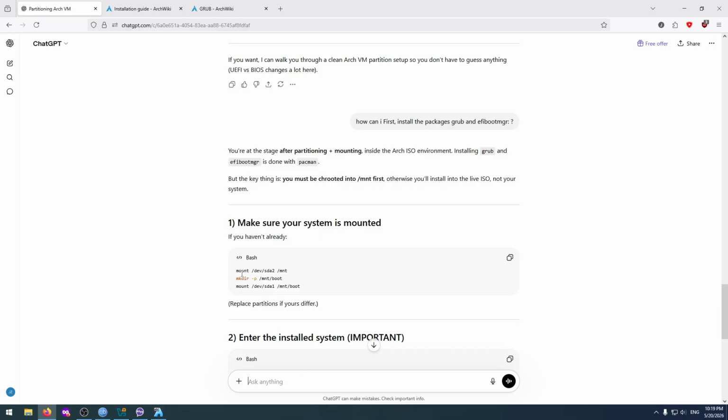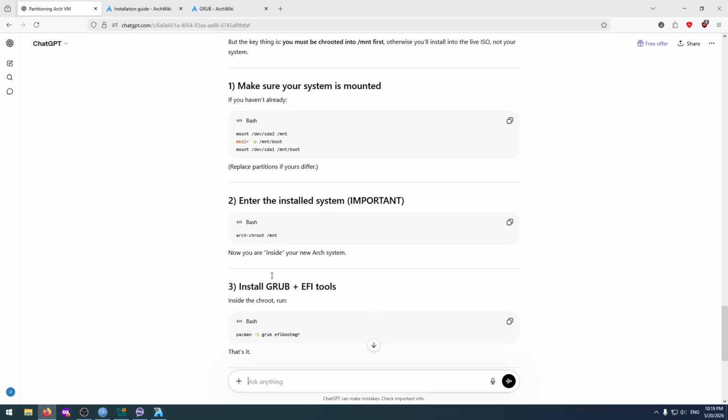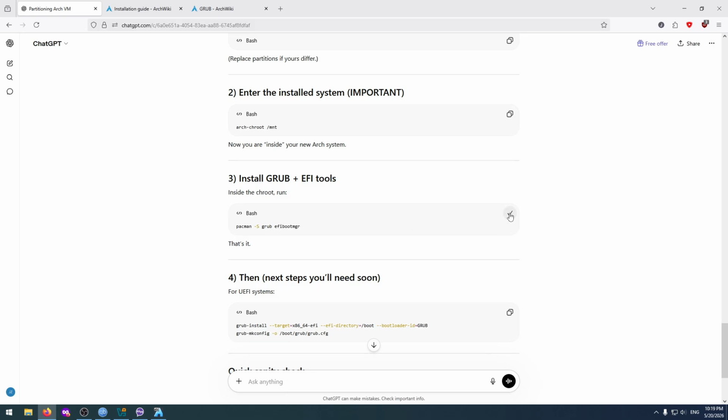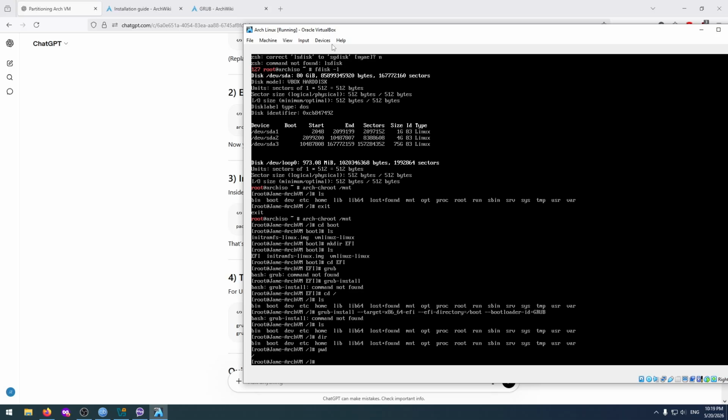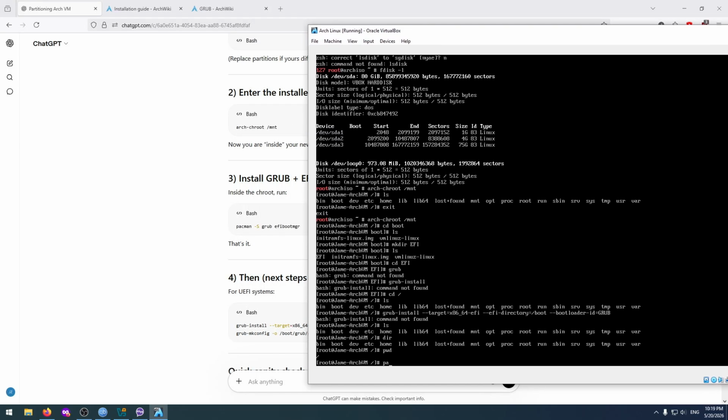Yeah, I already mounted them. Enter the install system. I already entered that, so it should be fine. Inside this, run this: pacman -S. That's it. Okay, that's so easy. I just need to use pacman. Pacman -S